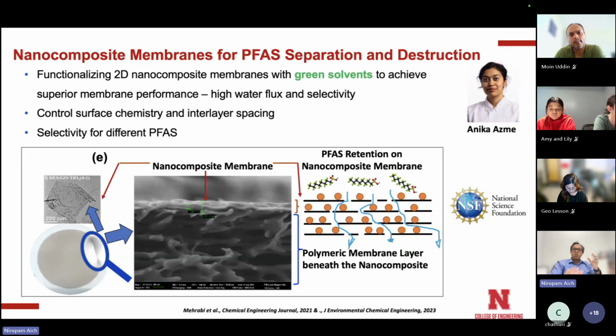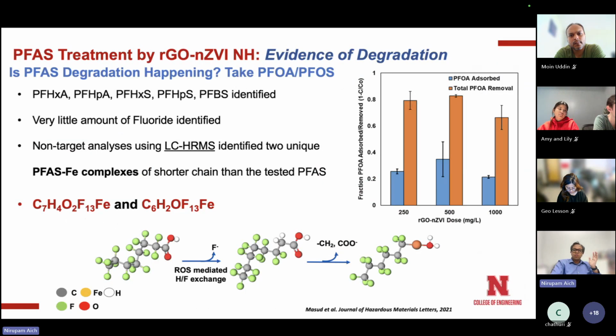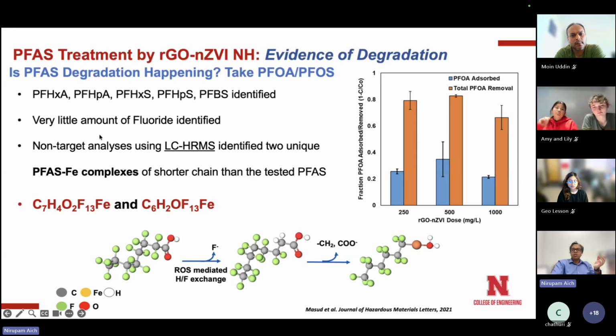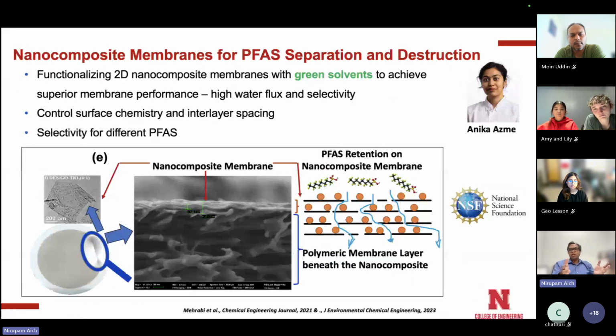Okay. So now, I have shown you this example where we put nanoparticles in there, and nanoparticles are like powders. One of the problems is we cannot put these nanoparticles all in water, because these are powders, so these particles will also move in the water and create other sorts of problems. So what we are trying to do now is put these nanoparticles that can degrade and absorb PFAS on membrane surfaces that you can create.